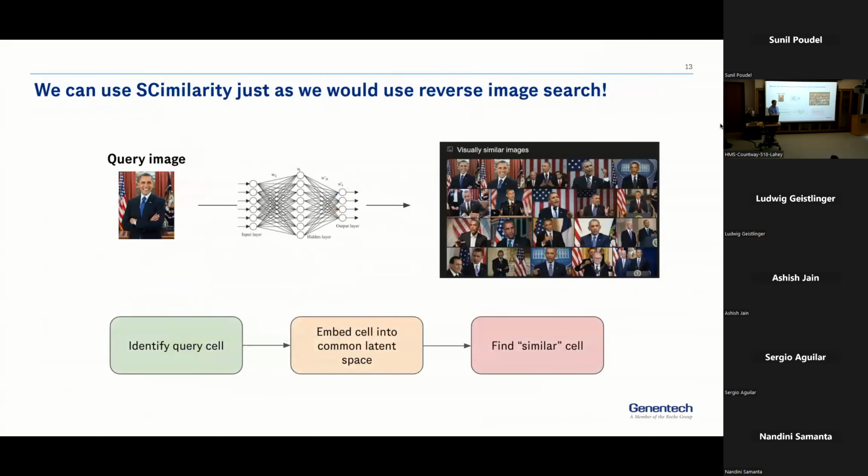And so you may have actually already used metric learning without even realizing. If you've ever used Google's reverse image search, you can take your image, upload it. It doesn't even have to be in Google, and they'll embed it, and they will look for these visually similar images. So we're actually going to do the same thing, or try to do the same thing, but for cells, where we can take a query cell, one of yours from your experiment, maybe the model's never seen it before, embed it in this common latent space with all the other experiments, and try to find the similar cells.